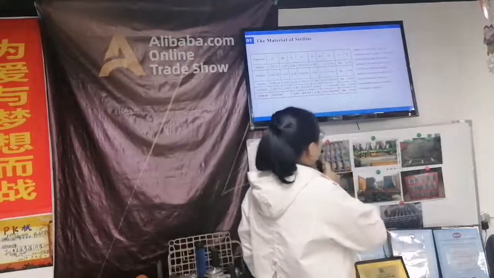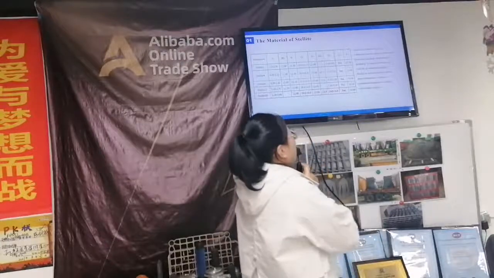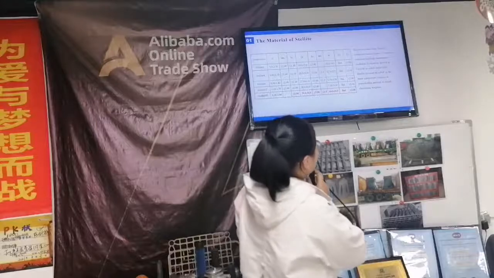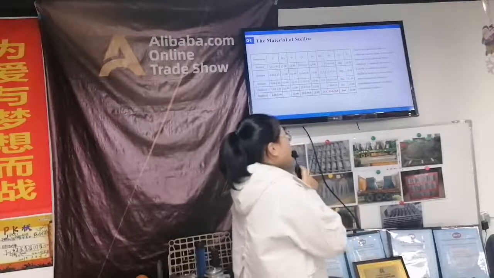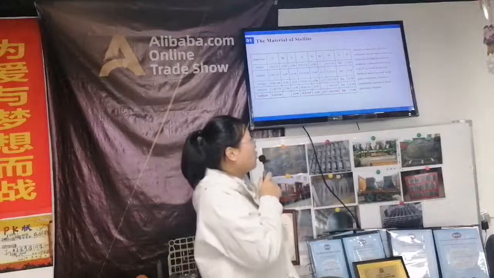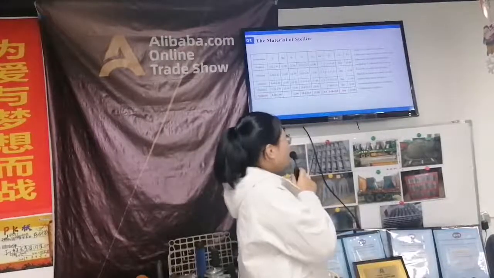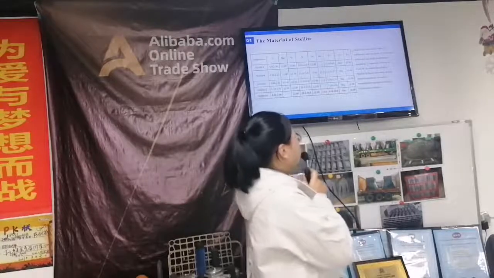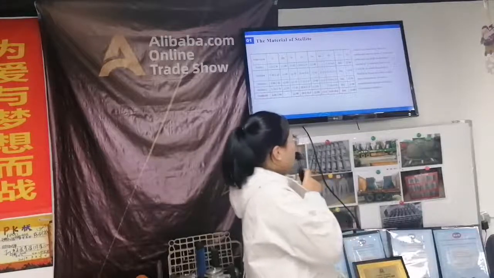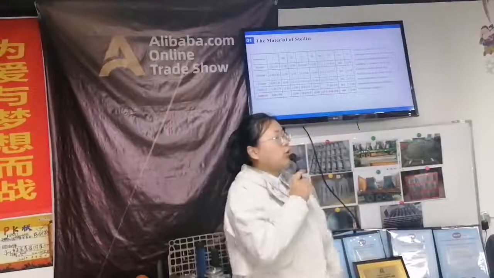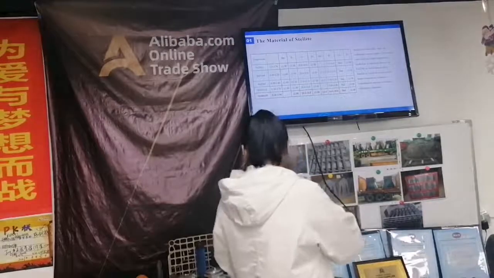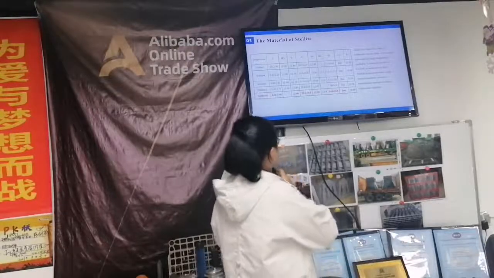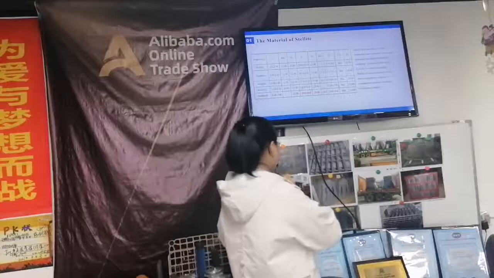Stellite is a hard alloy that can withstand various types of wear and corrosion and high temperature oxidation, commonly known as cobalt chromium tungsten or cobalt-based alloy. Stellite is based on cobalt as the main component. Contains a considerable amount of nickel, chromium, and tungsten. You can see this table is the chemical composition for stellite.